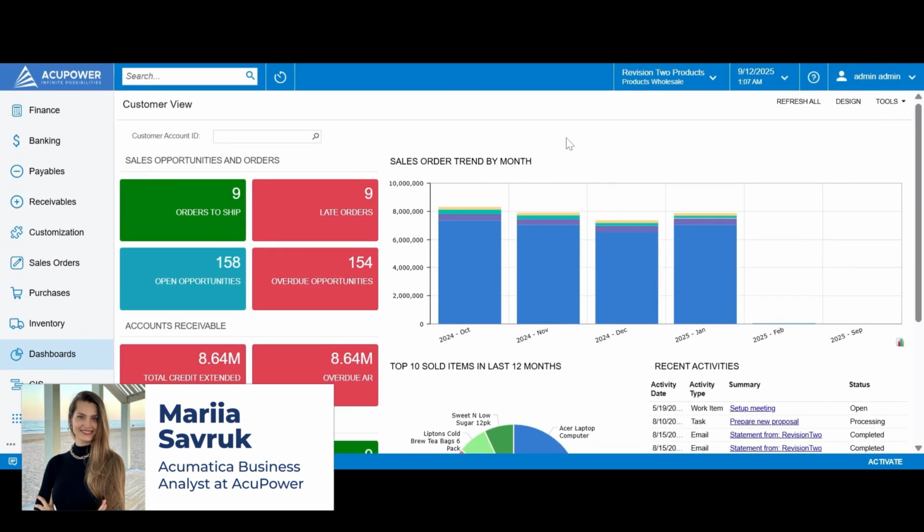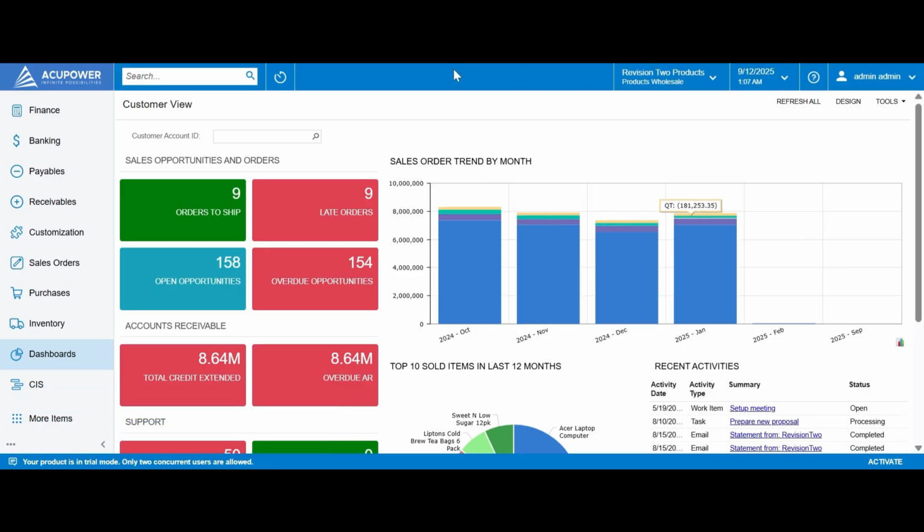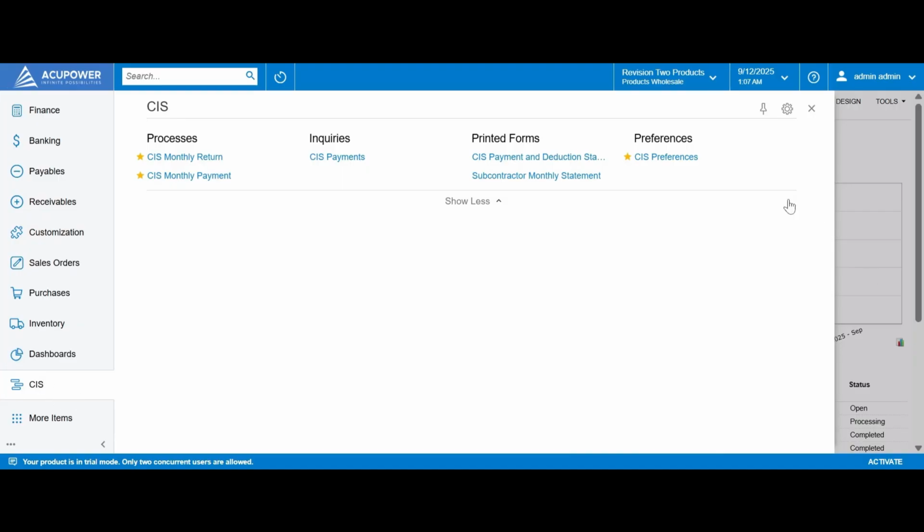Hello and welcome to our demo of the construction industry scheme integrated into Acumatica. In your Acumatica, you will have a specifically designed CIS section which will give you access to the CIS